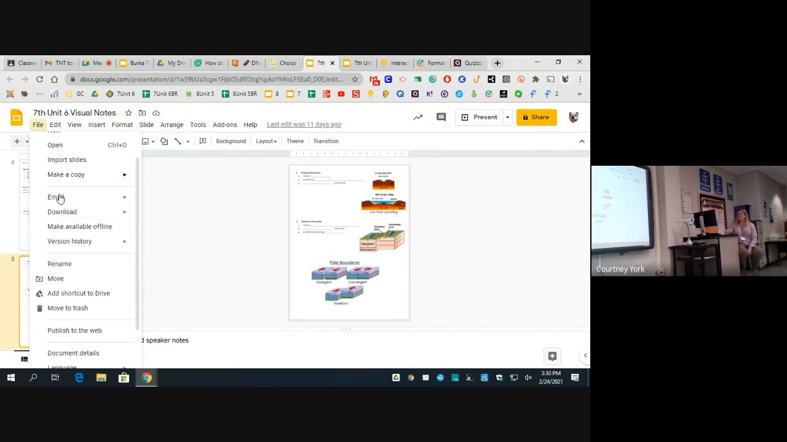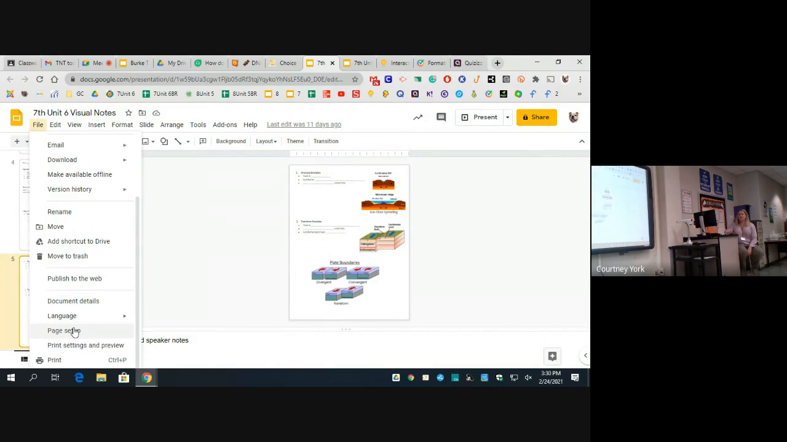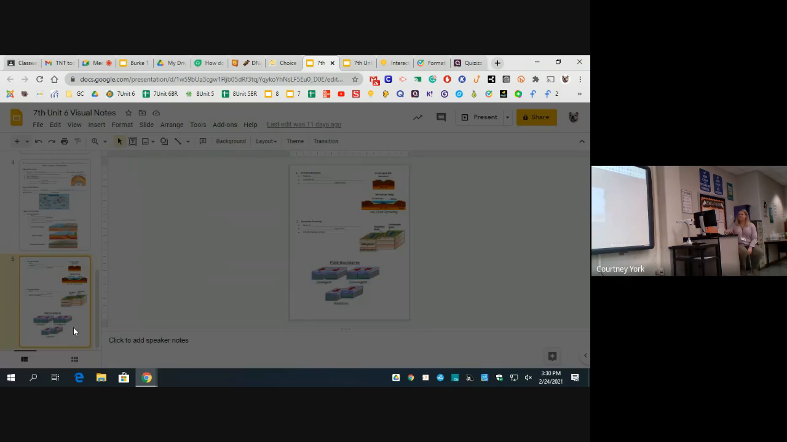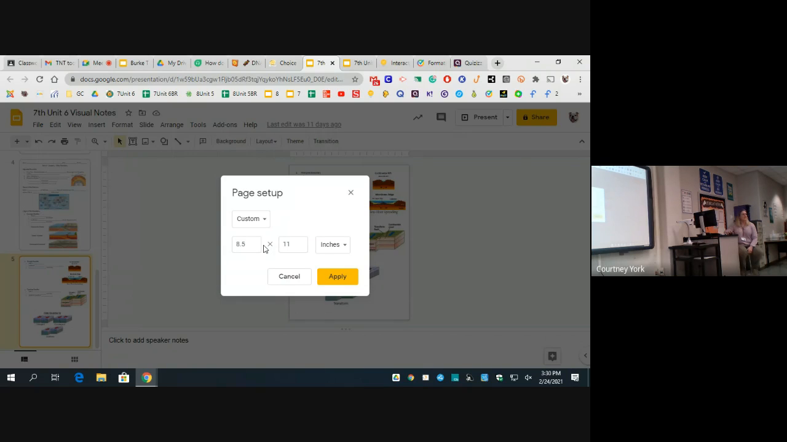Yeah. This file's on the bottom. File, yeah, I have to scroll down, page setup. And then 8.5 by 11. But let me tell you, turning that,